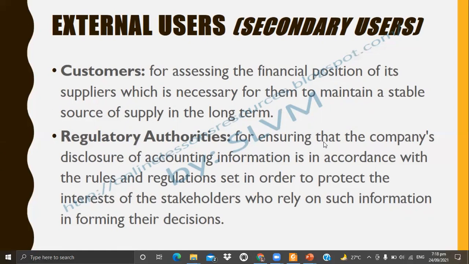Regulatory authorities, for ensuring that the company's disclosure of accounting information is in accordance with the rules and regulations set in order to protect the interest of stakeholders who rely on such information in forming their decision.